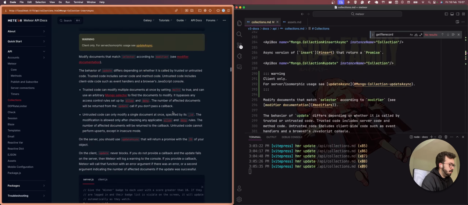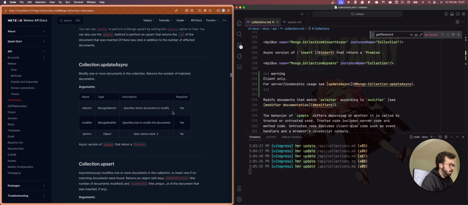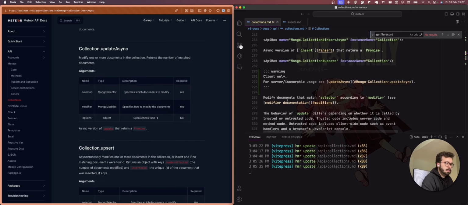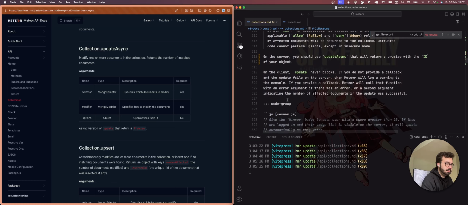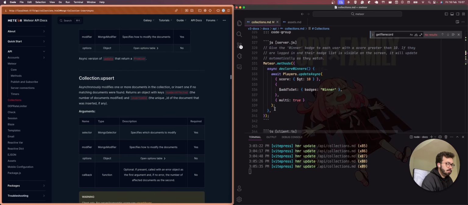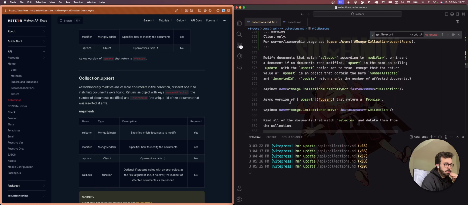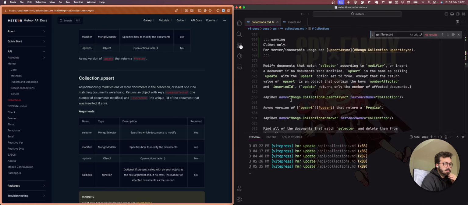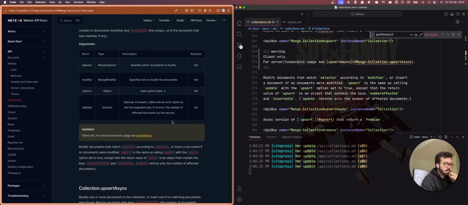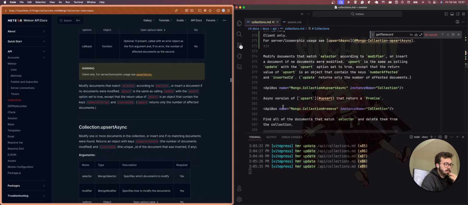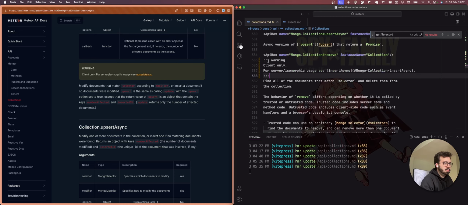Then there is an update, the update async. Then we have upsert. Then I'll have a remove.